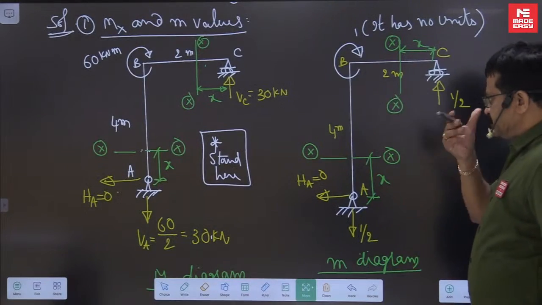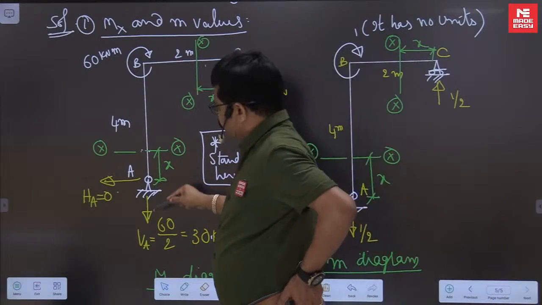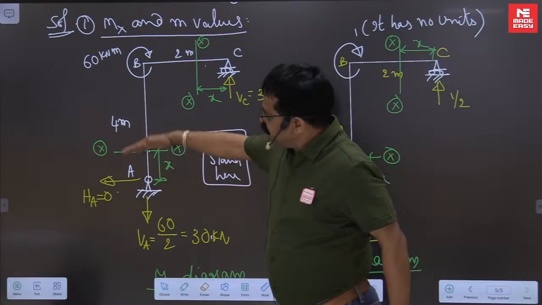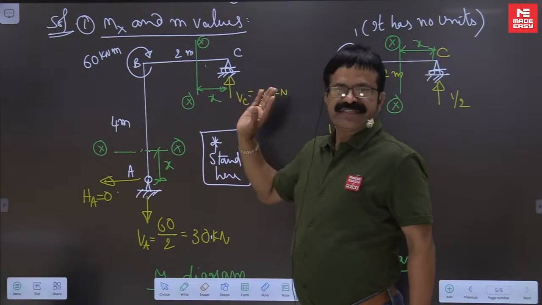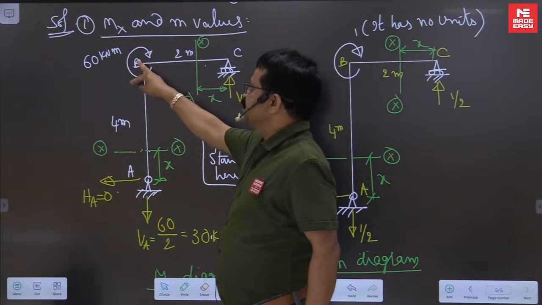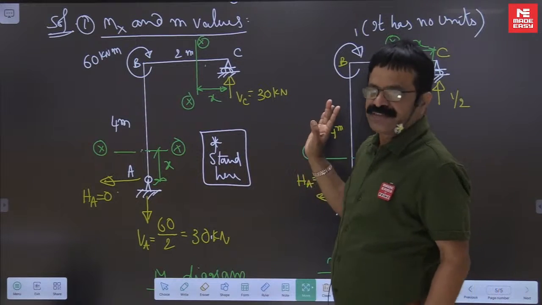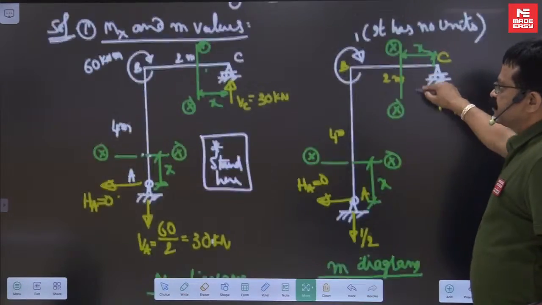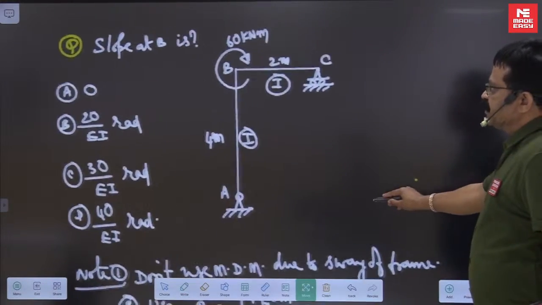Observe this one. This member, AB, is not taking any moment at all. Wherever you take that moment in the member, AB is 0. Your entire moment 60 is taken by BC member only. Right? If you visualize by inspection how to complete in say